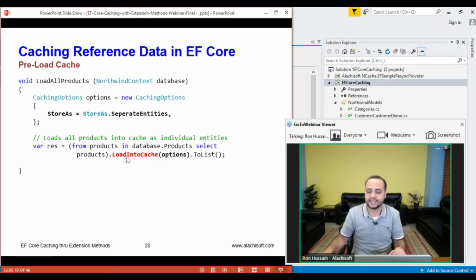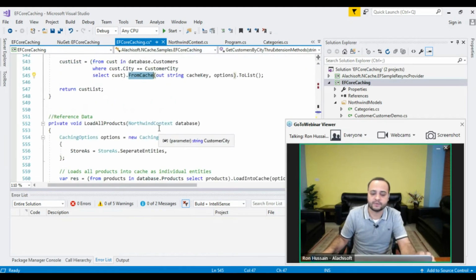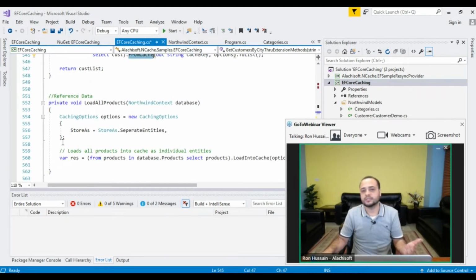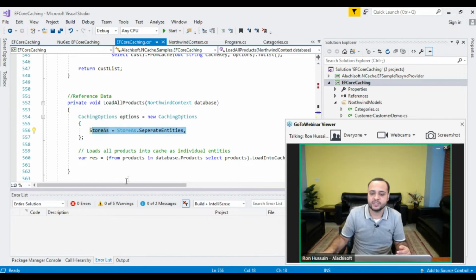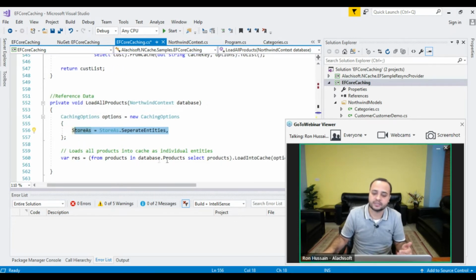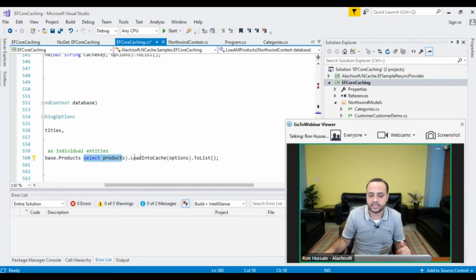And I have an example, and here I'm introducing our second extension method that's called load into the cache. Now this works in such a way, and this is targeted for reference data only. This is a preloader into the cache. So the motivation here is that you should call this method, let's say load all products, and you should make sure that you're storing it as separate entities, and you should run a query which says from products in the database products and select products. So you're not specifying any criteria. That means that this would load all 60,000 products into the cache,